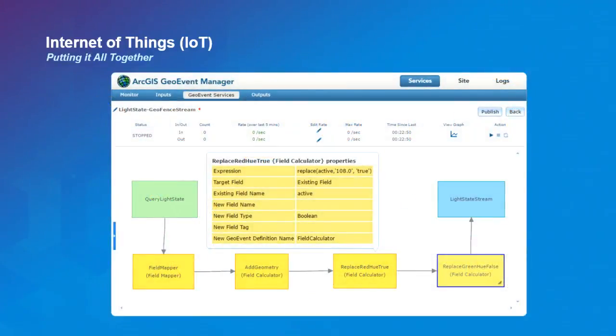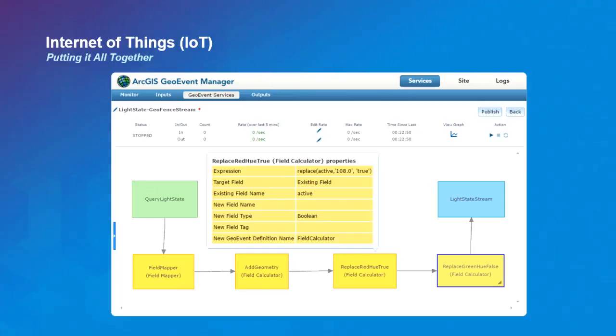Now behind the scenes, what we were doing from the GeoEvent side, let me turn this around so I can see it. I can make sure I'm telling you the right steps. So this first service was polling the conditions of the light. The green box there is running the query of the light state. So we're sending a query out to that bridge. We want to know what colors we're working with.